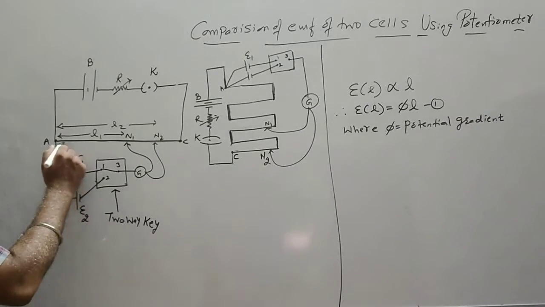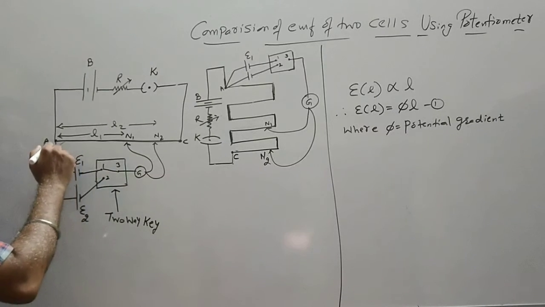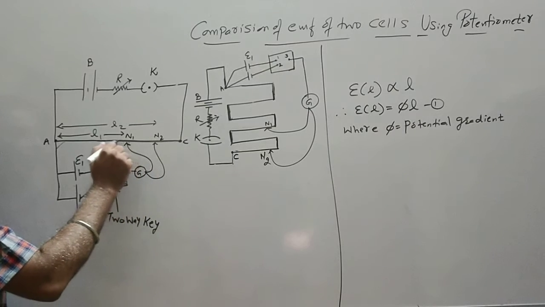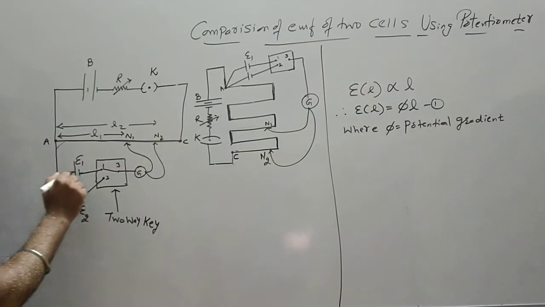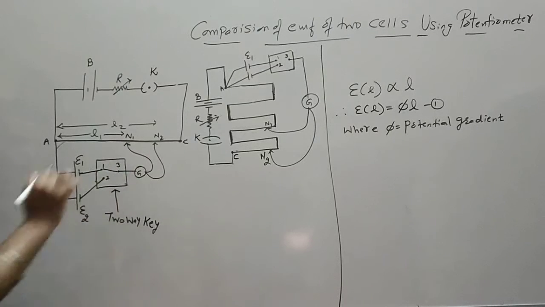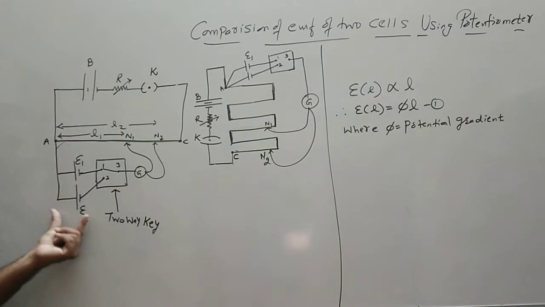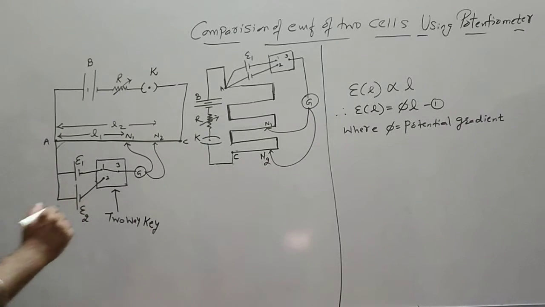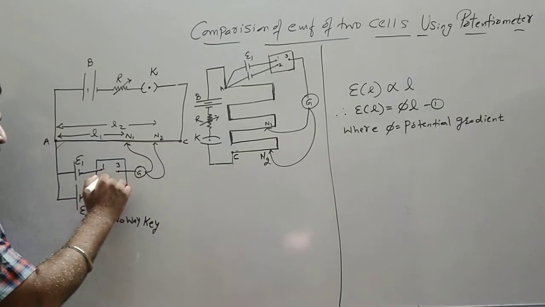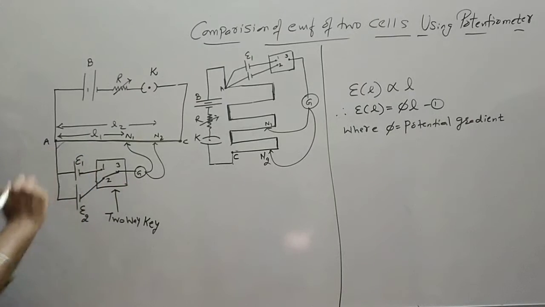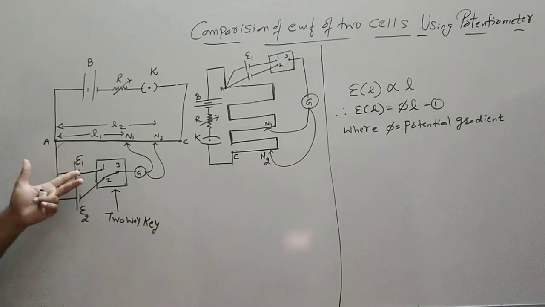So this circuit will be considered to be closed from A to E1 to 1 to 3 to G, N1 and then again to 8. So it forms a closed loop. And 2, 3 is open, means E2 is connected but no current will flow, or it is not in the circuit. And if I connect 2 with 3, then EMF of a value E1 is out of the circuit.